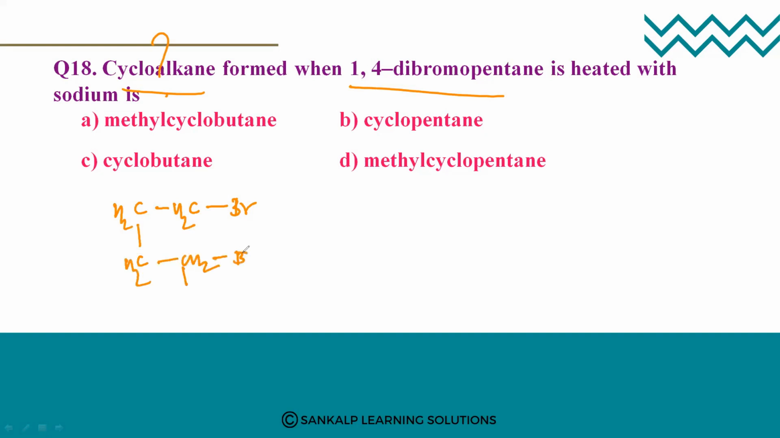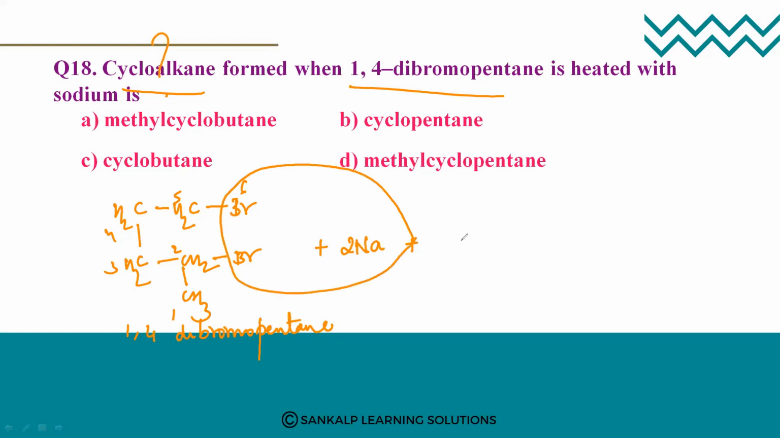And this is 1, 2, 3, 4, 5, and 6. So this is 1,4-dibromopentane. Okay, so it is 1,4-dibromopentane. When it is treated with 2 sodium, what will it form? This is the side product which is obtained, right? So it will be 2 NaBr,